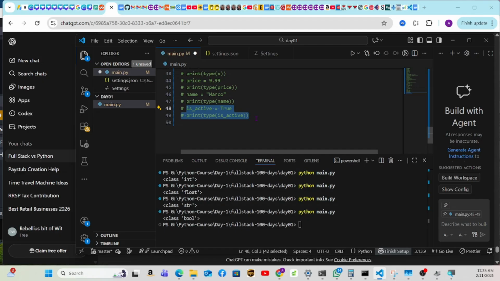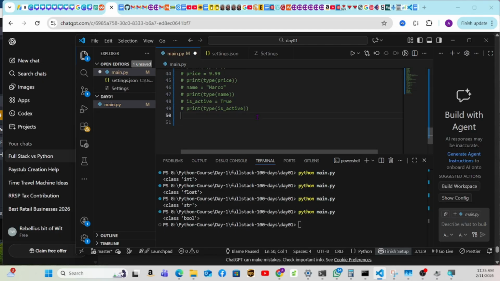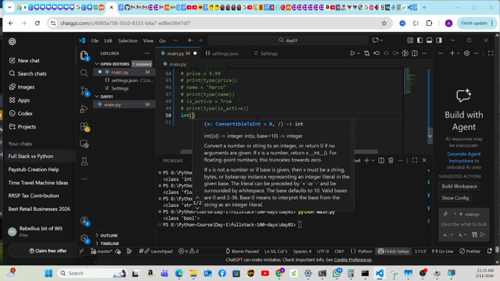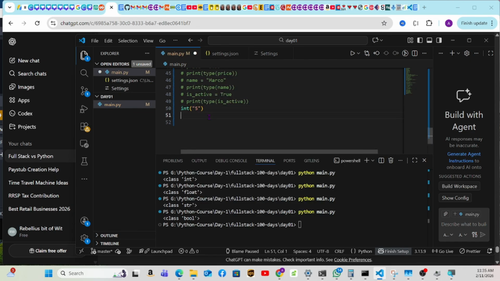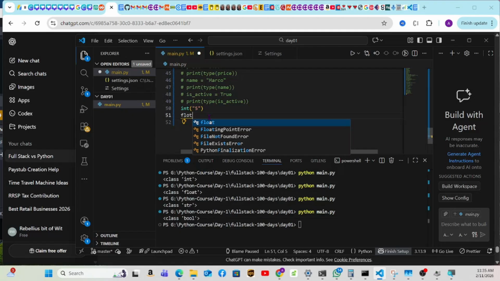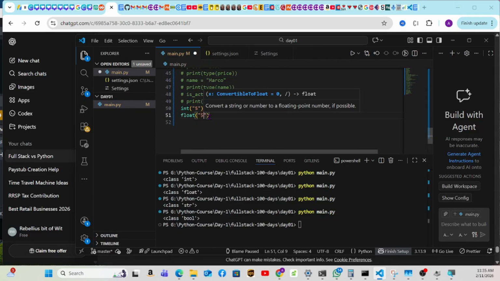Control forward slash for the comments, and let's go and do. So it says int with quotes. Let me change my keyboard, some accents here. Remove 5. All right, we're gonna do them all. Float 5.2. Now we're gonna do also, remember the other one was str